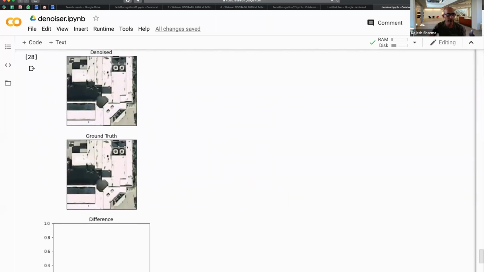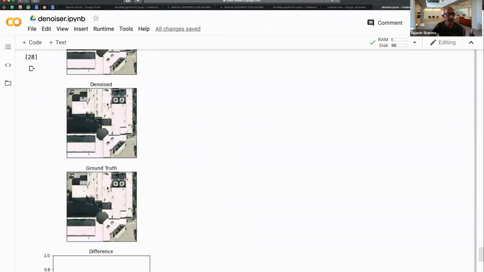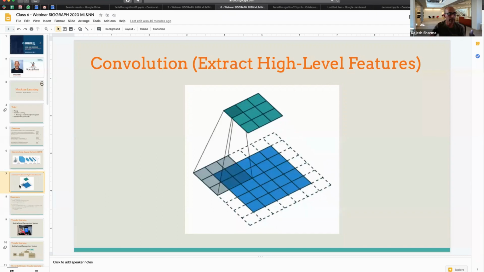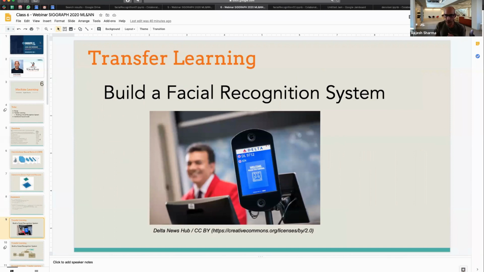So looks like it did fix it. So that's pretty good. Something else is good. Okay, so try this out, and I'll send the code out after the class if you want. And that was the homework. So let's move on to building